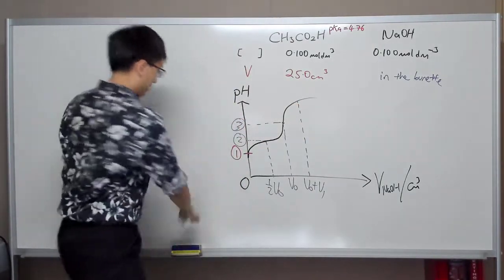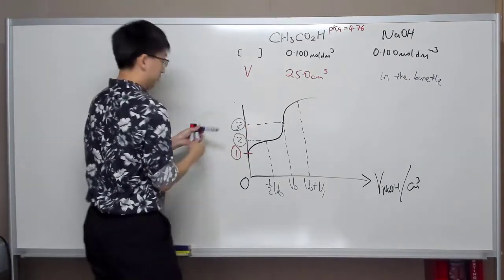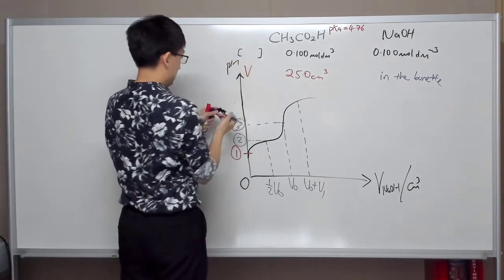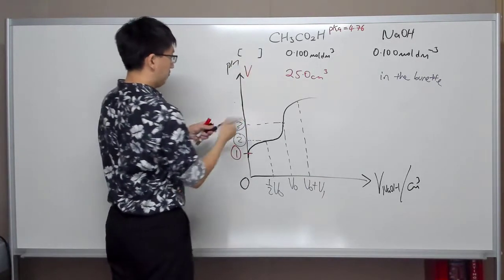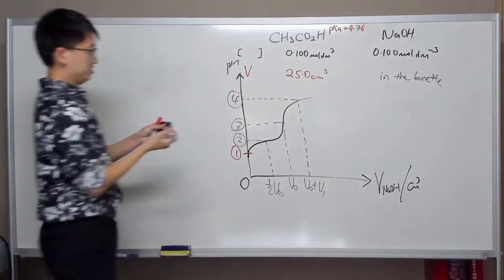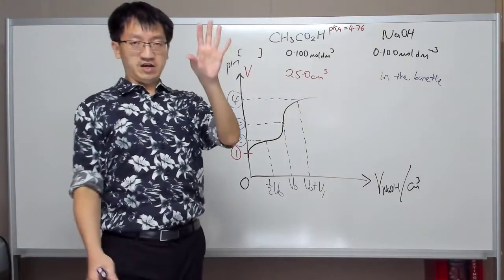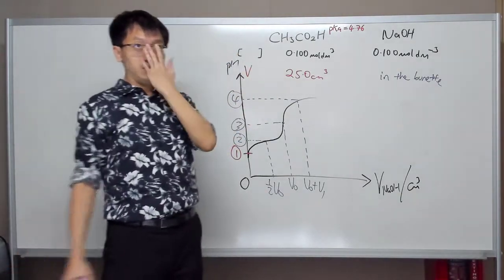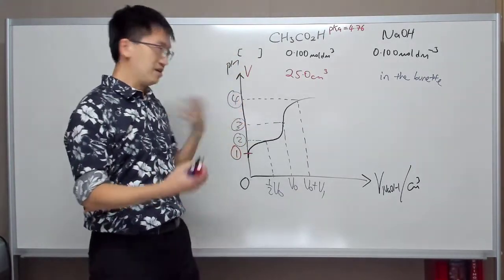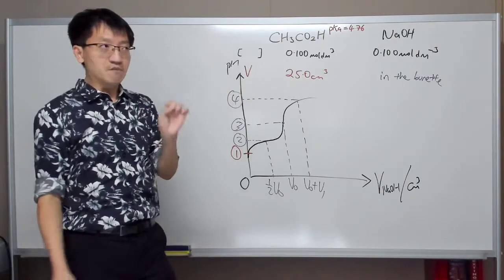Okay, so if I can extend the graph a bit, yeah, so this fourth point you can actually find out. So this is the pH. Okay, so if you are able to calculate all the four pHs without referring to your notes and also without much help, that means that you truly understand acid-base